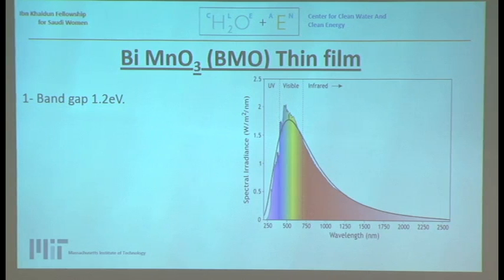First, it has a band gap of 1.2 electron volts, which is in the ideal range for harvesting the sunlight reaching the Earth's surface, which is about 93% of the solar radiation in the visible and infrared regions, with energy between 0.31 electron volts and 3.1 electron volts. The second